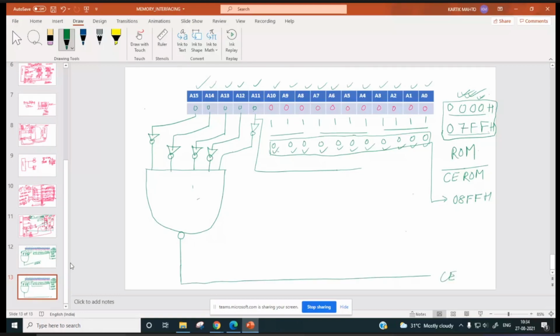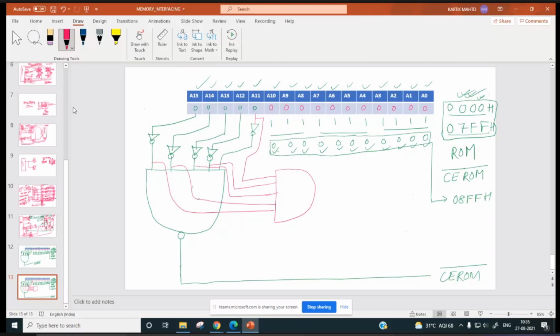CE ROM. Now I'll change the color. So this A11 pin is directly coming to this.